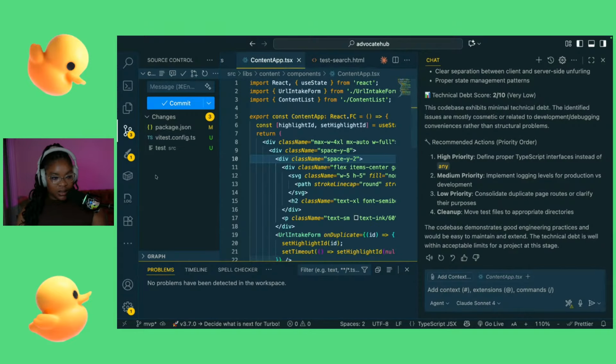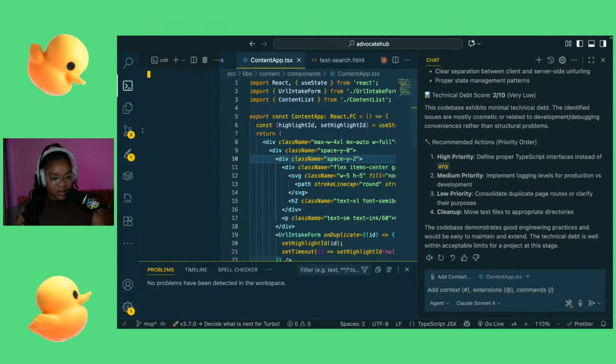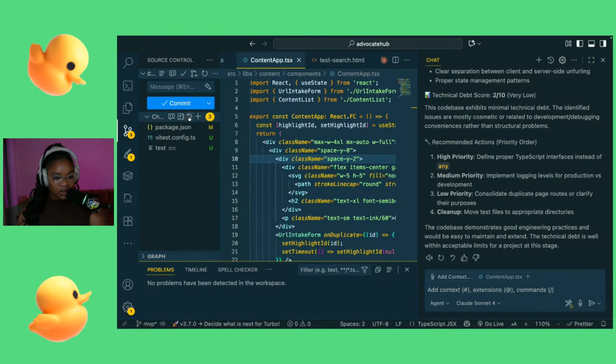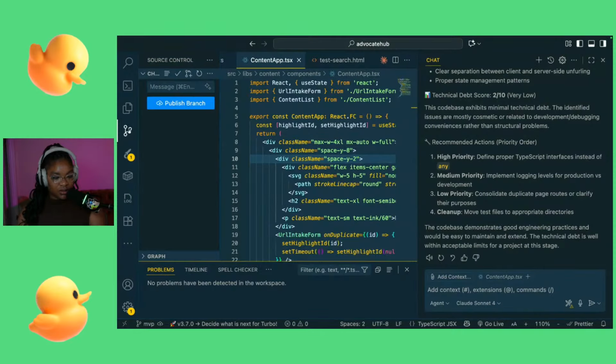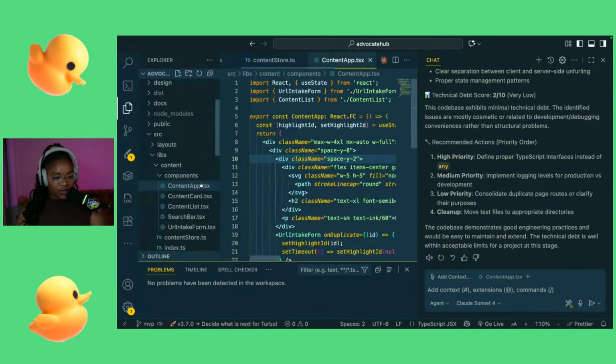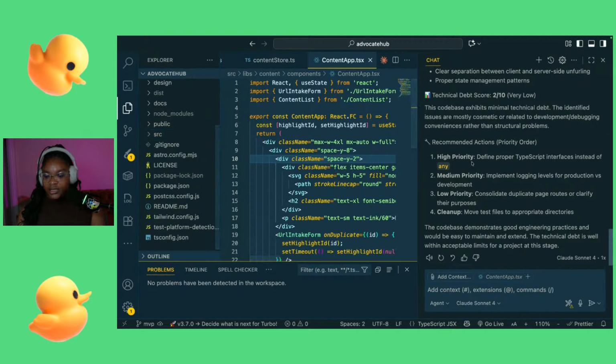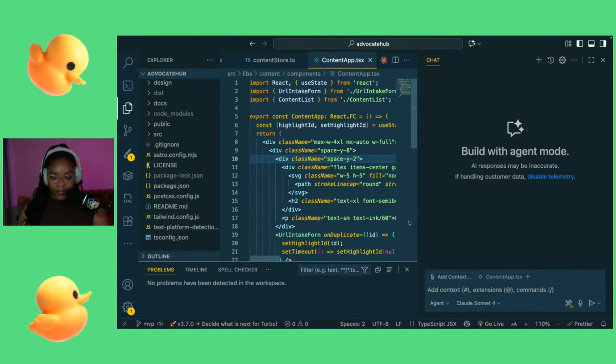Okay, I'm gonna stash this. Let me just undo all the changes. I'm not sure what those are. Okay, so let's say I wanted to do something new in here.